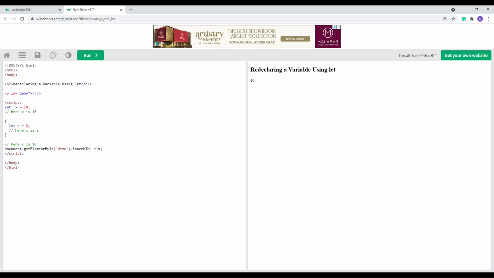And inside this block scope, we have created another variable by the name x, and here we are assigning the value 2 to x, and outside this we are simply assigning the value of x as the inner HTML of this paragraph. If we execute, we will get a value like this. That means whatever value we have in x, that value we are displaying